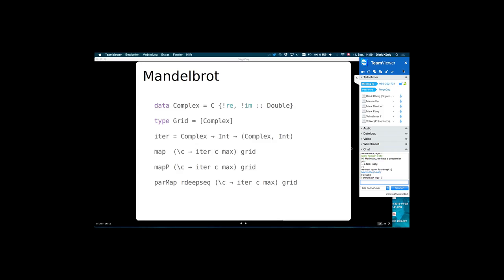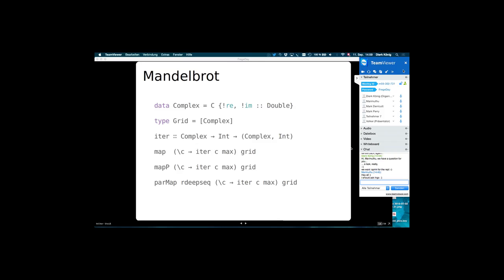So this is again passed to map P and RMap. We have the grid and map over it with the iterator for the point.